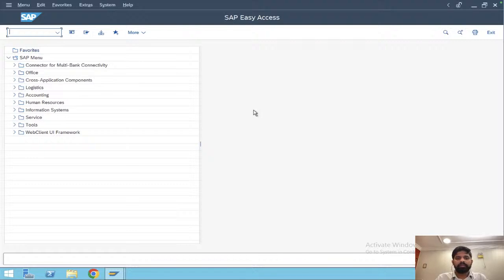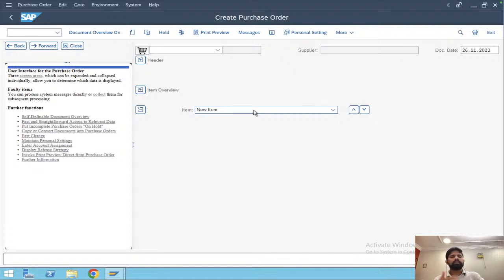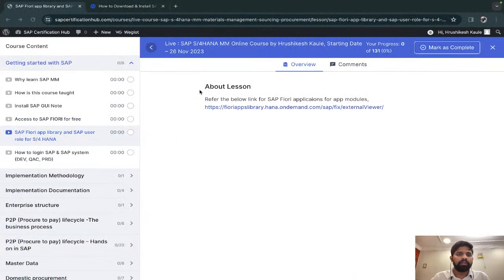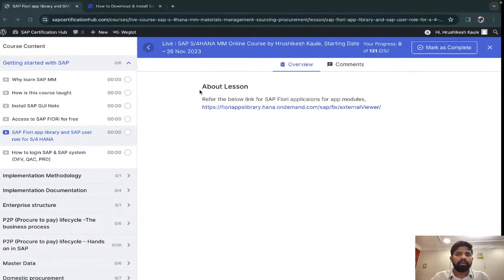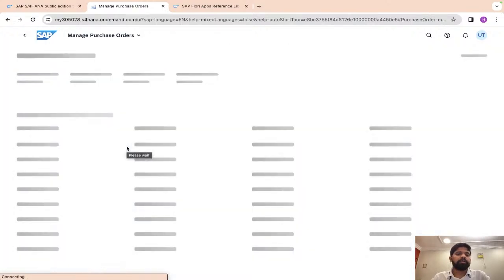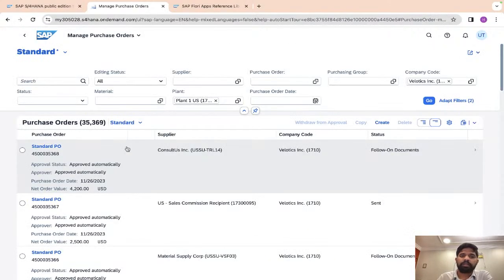This is the main screen, then ME21, and I'll just enter. These are all codes. We'll understand why codes, what codes, and all these things. This is for creating the purchase order. Same thing we have here, under manage purchase order. The display is not the same, but the things are quite the same.